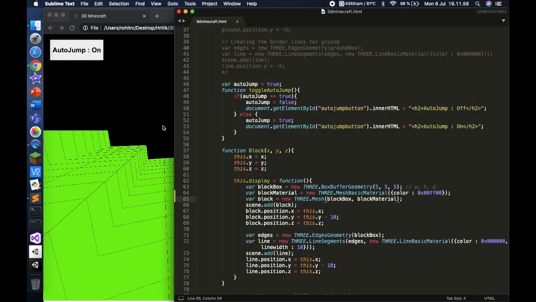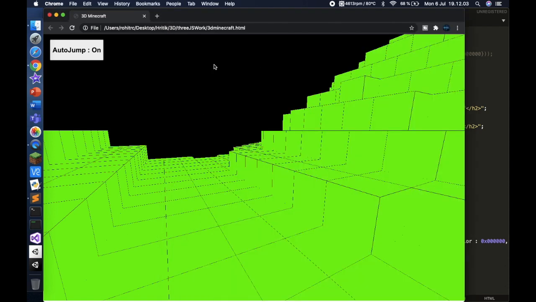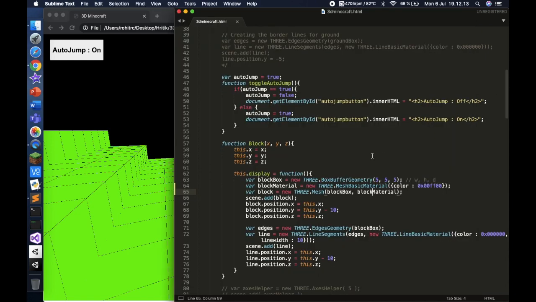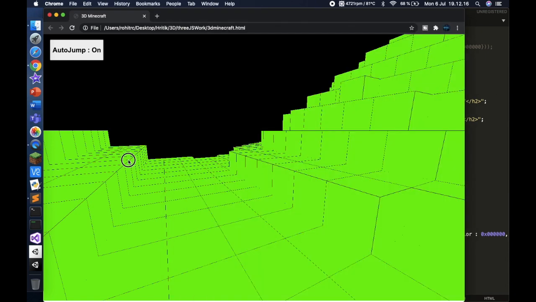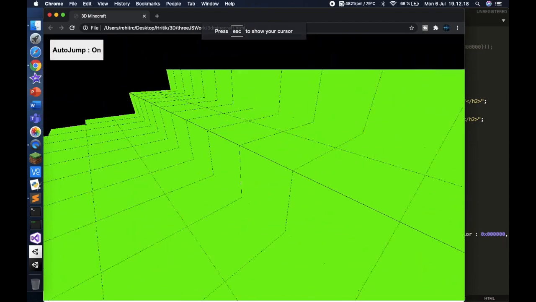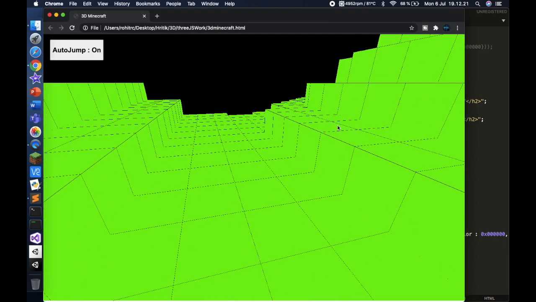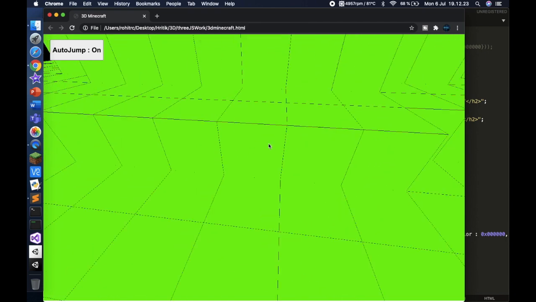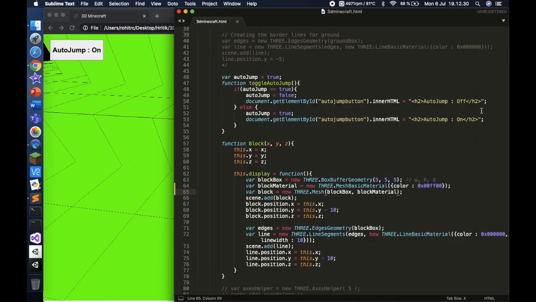Okay, but one more thing, we're actually going to start opening our Minecraft file, the HTML file, in a server. I'll tell you why right now. The way we're going to create the texture for each block, we're actually going to use pictures. So let's say this face will have one picture, that face will have another picture, and so on, and the one behind it will have another picture. And because our program is